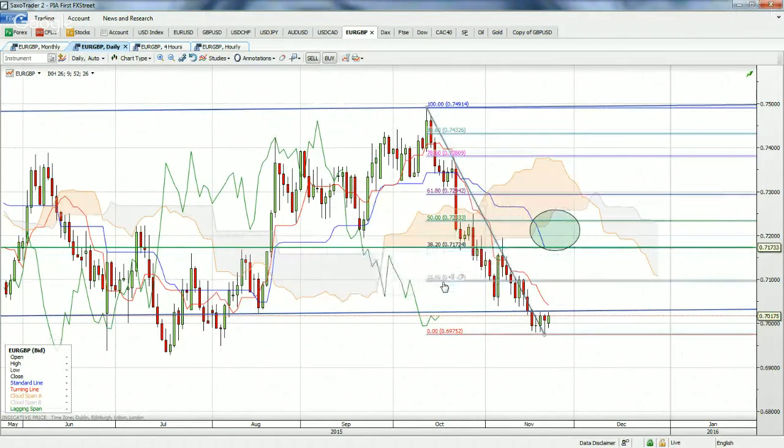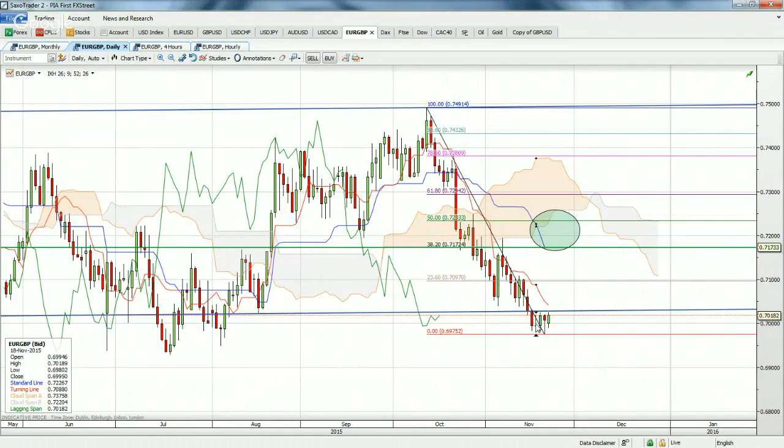All we're doing is really just ranging for the last 4 or 5 days, but there's a mild bias to the upside, and obviously again using that correlation, using the 261.8% extension, and the fact that we're very oversold, there's ample scope for a move to the upside in euro sterling before sellers return. And that's why we're saying, using correlation, we're more bearish on cable, sterling dollar, this week than we are on